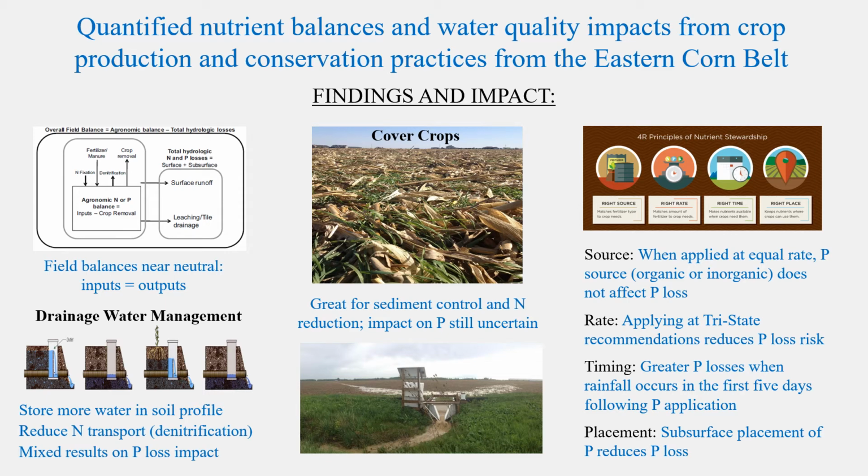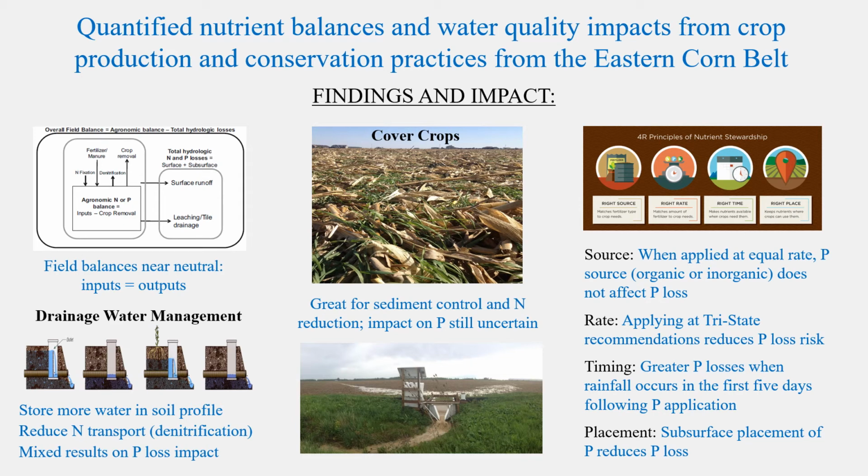algal bloom. Using a paired edge-of-field approach, ARS researchers in Columbus, Ohio, in collaboration with Lake Erie stakeholders and partners, quantified the surface and subsurface water quality benefits of various crop production and conservation management practices. Edge-of-field drainage measurement is depicted in the bottom center picture. The upper left figure summarizes research that shows that nutrient budgets on farms in Ohio are near neutral, outputs approximately